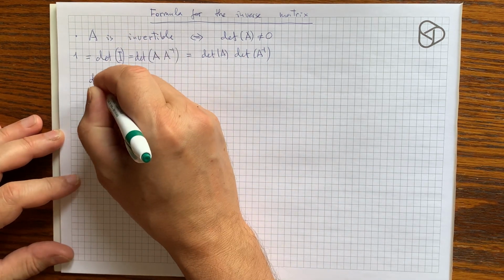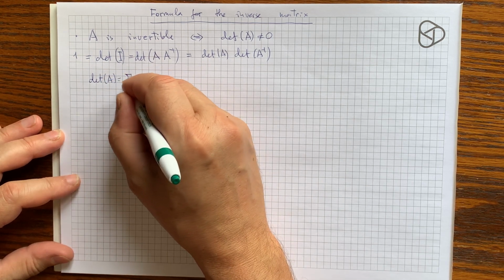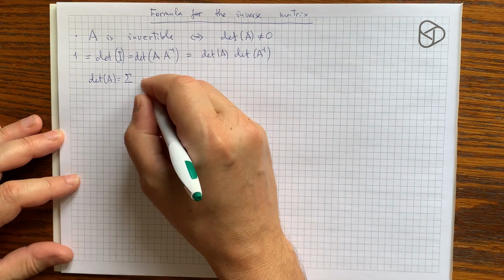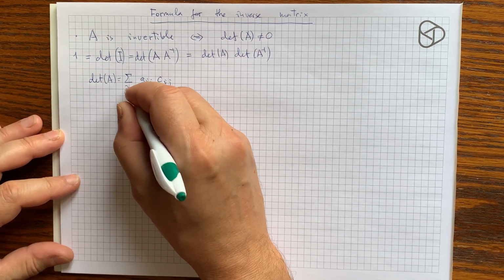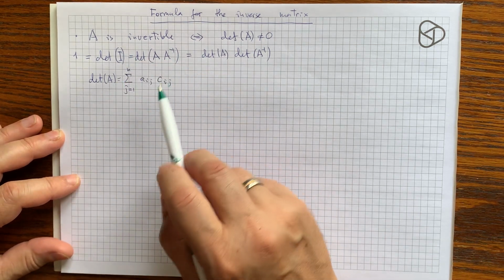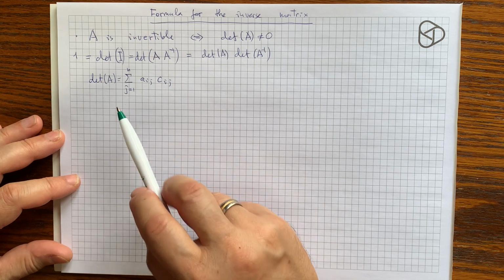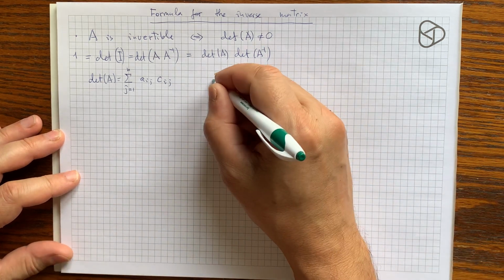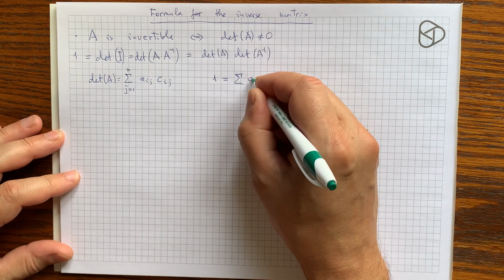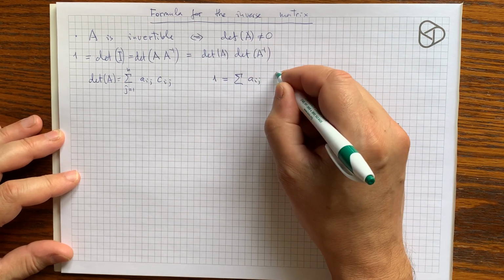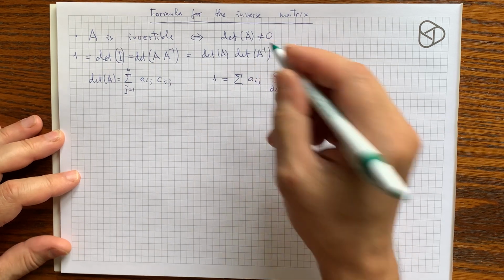And the starting point is a cofactor expansion for the determinant. Written for the ith row, it says that the sum of products of matrix entries in the ith row with their cofactors is the determinant. We could rewrite this equation as saying the sum of products of matrix entries by cofactors divided by the determinant, assuming that it is non-zero, of course,